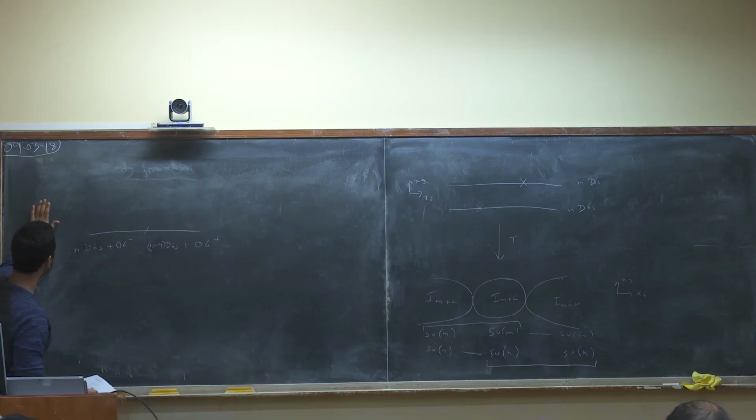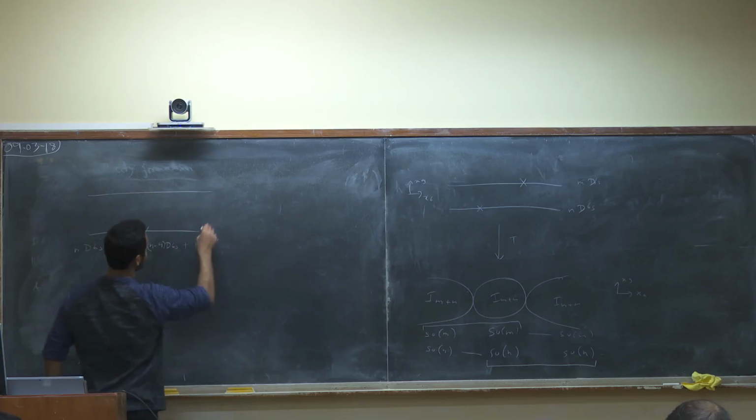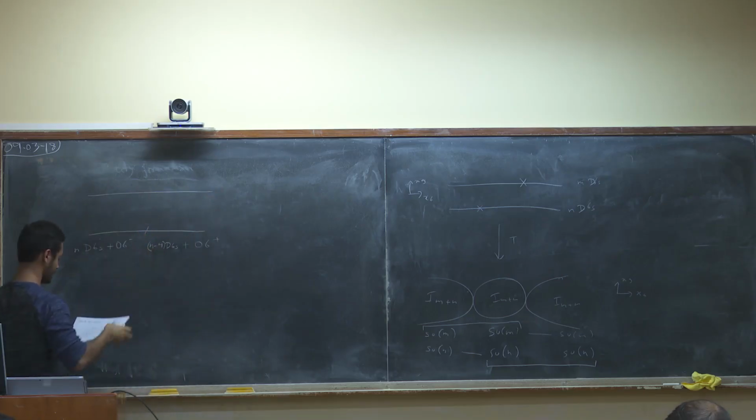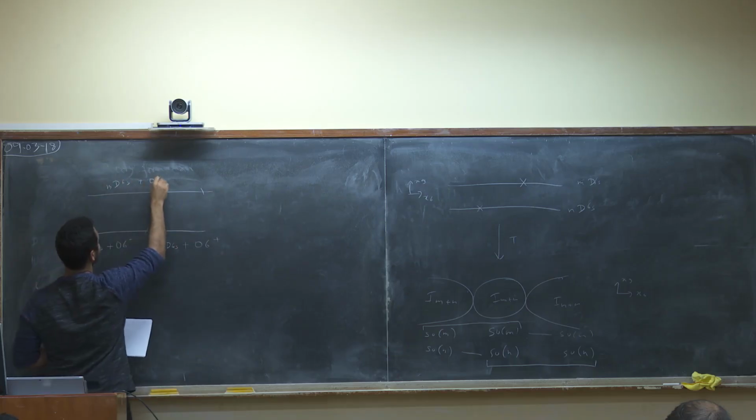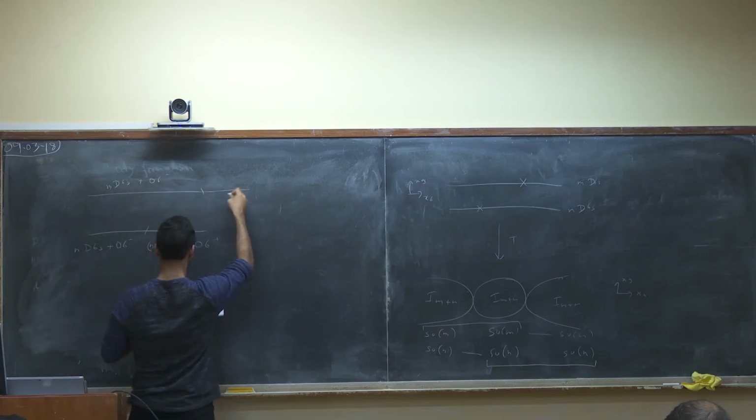Right, and since I want to compactify x9, I must put it on an interval. So I have another O6 plane. So let's say I have m D6s and an O6 minus, and then